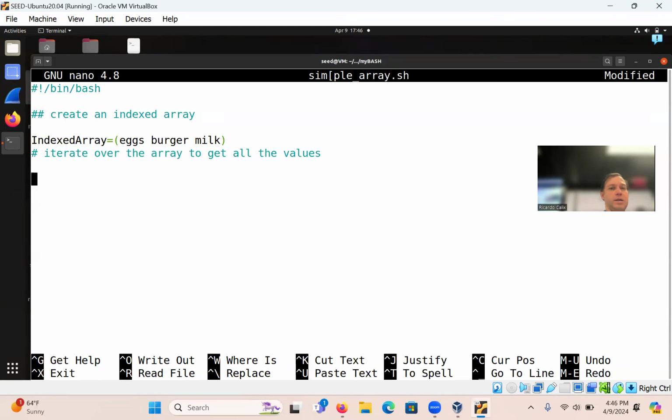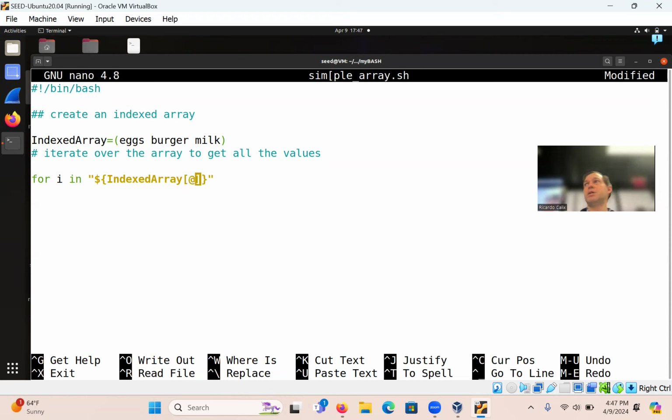Notice I'm going to do for i in, double quotes, $, and then in curly brackets, we're going to add the array itself, indexed_array, square bracket, and then for the index, we are going to plug in an @ symbol.